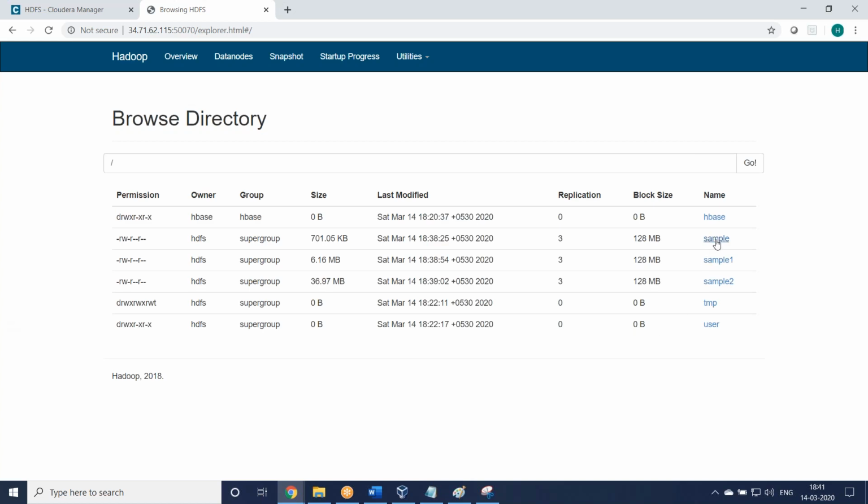You see sample, sample 1, sample 2, 128 MB block size, replication factor 3. Our latest sample size is 36 MB only, but our block size is 128 MB. So we can copy this file multiple times to create a big file. Then when you copy that file, it will be converted into multiple blocks. Any questions here?